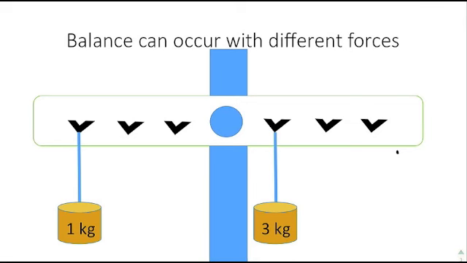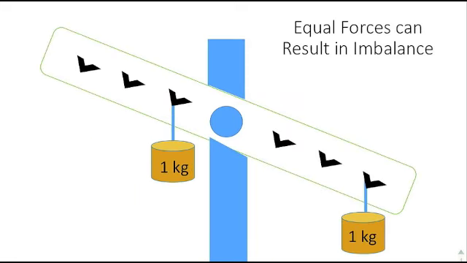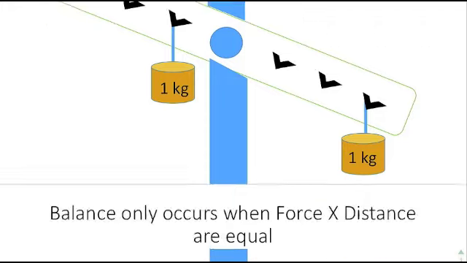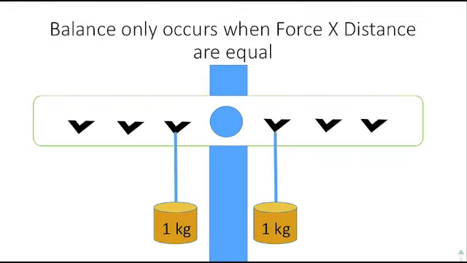Whenever you were doing the torque lab, you saw that you can actually put different masses in different locations and the lever would still remain balanced. That was kind of interesting because you're used to it where different masses or different forces are not going to be balanced. That's not necessarily the case with torque. We also saw that you could have equal forces or equal masses on each side and it would result in an imbalance. So we know that there's something more to torque than just force. What we found out is that balance only occurs when